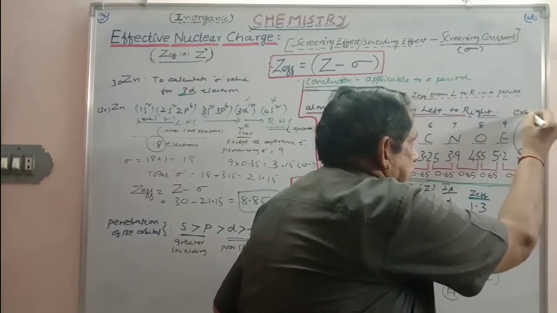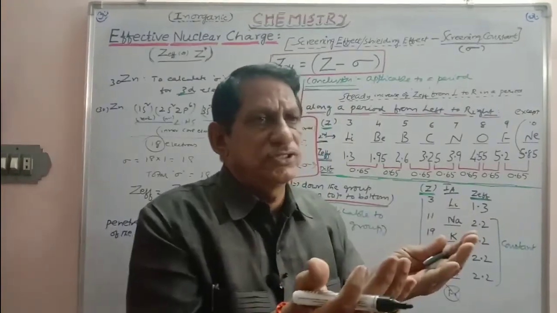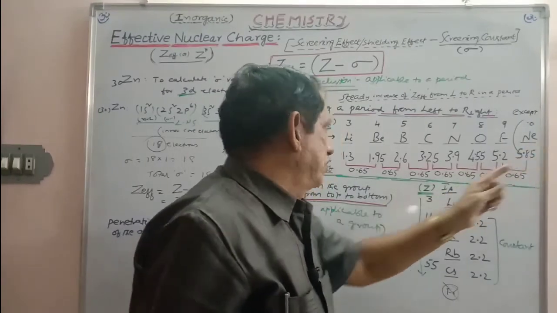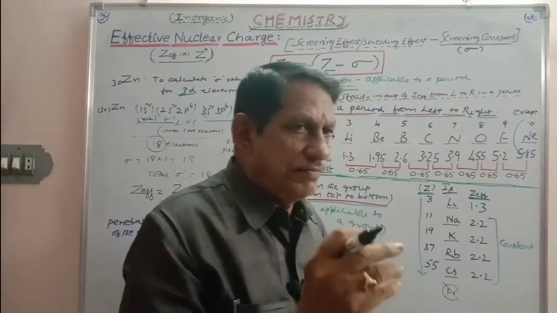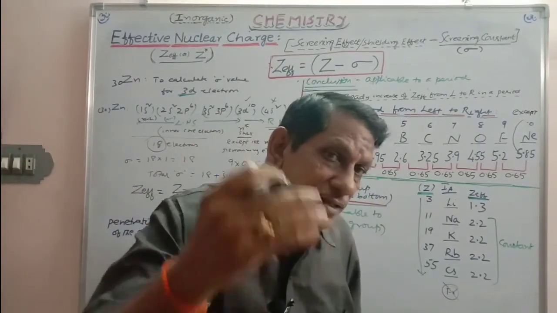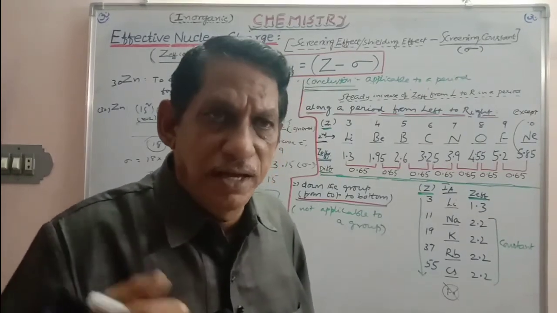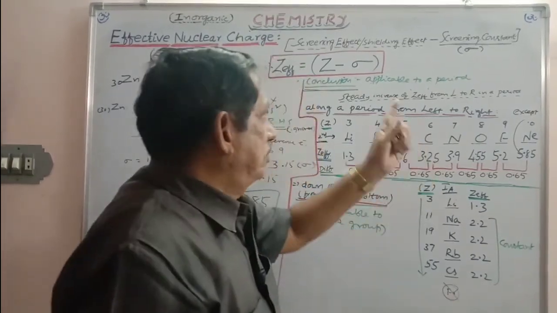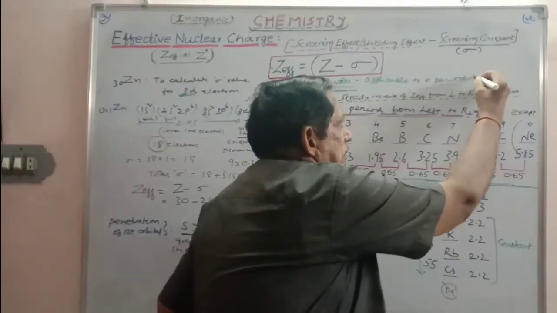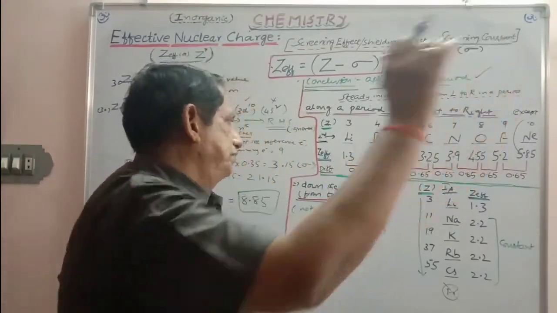Neon is exceptional because it has a greater size than fluorine due to the electron repulsions in the valence shell. It is also an inert gas. So, except neon, if you take lithium to fluorine, Z effective is able to explain the decrease in size, decrease in the radius, and increase in the ionization potential. All these were completely explained. Periodicity is there. That is why Z effective, Slater's rules and screening constant are completely applicable in a period. Up to this extent, it is okay.